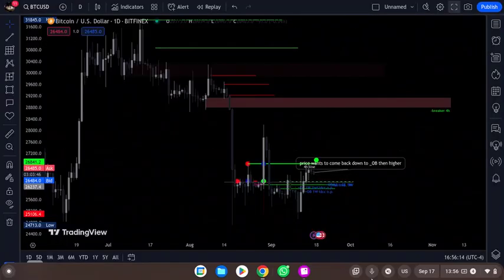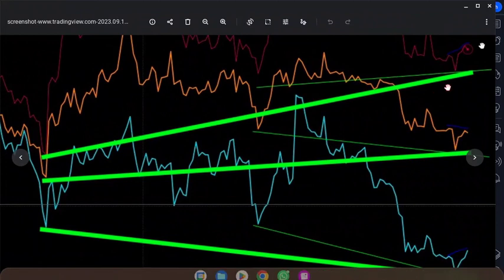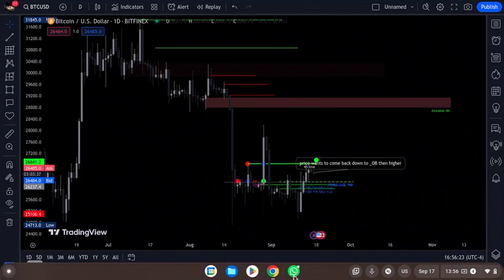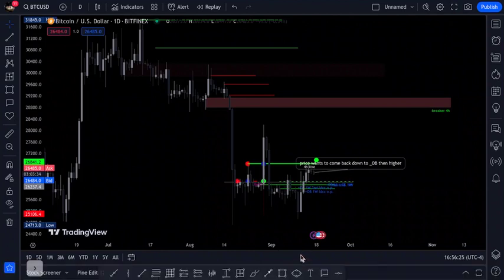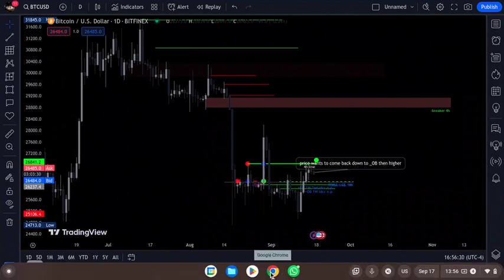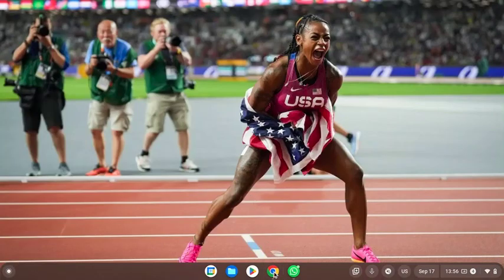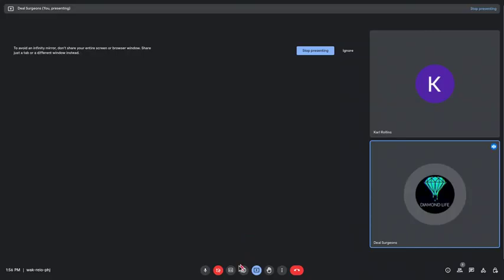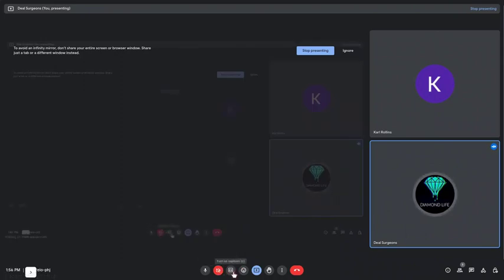Man, I used to struggle with this stuff so much. I just love talking to these charts now because I got it down. I'm not saying I don't still need to study and practice, but I just really feel like nobody can mess with me. And that's why I want people to get to that point where you're untouchable. That's just how I feel because I'm not going to stop. So if I'm not going to stop, then I'm untouchable. Let me stop sharing my screen. But yeah, man. So